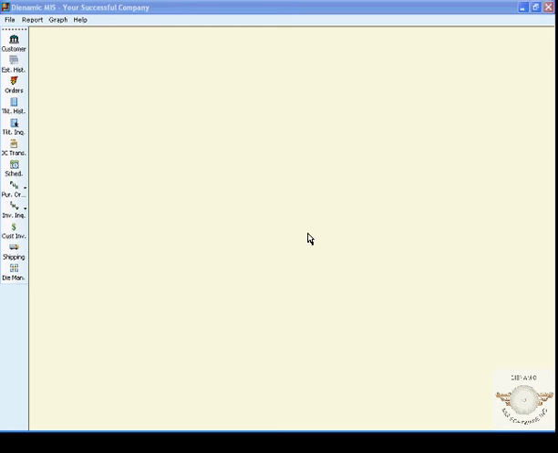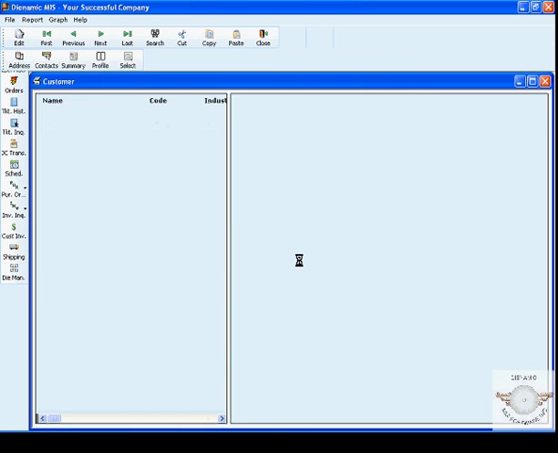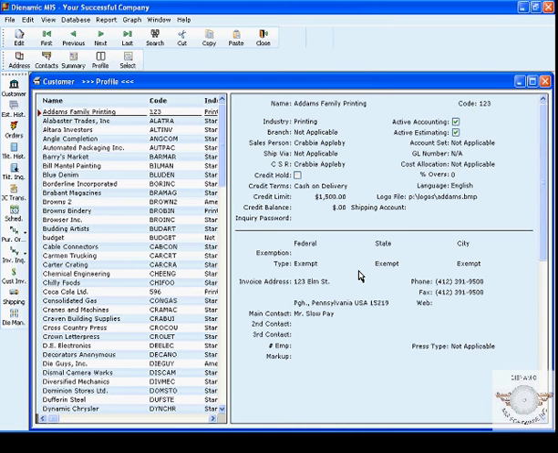The main areas that we need to be concerned with are customer code. If you are using codes in your accounting system, they will have to be the same in the Dynamic system. Credit limit, account set if you are using ACPAC, GL accounts, and tax exemption codes. It is important these fields are correct, as we will be sending information to your third-party accounting system, both to the customer file, and our invoicing will be sending information to your AR program, and this